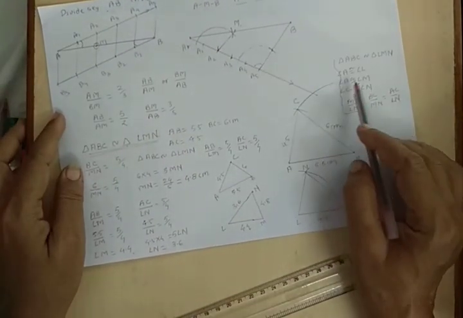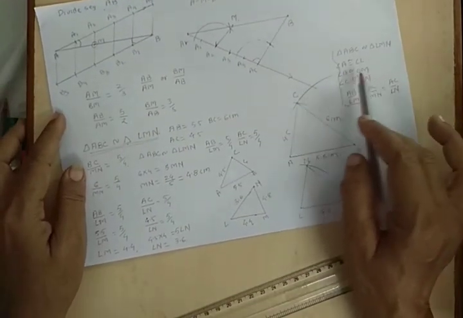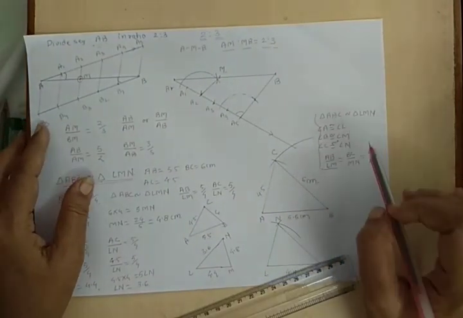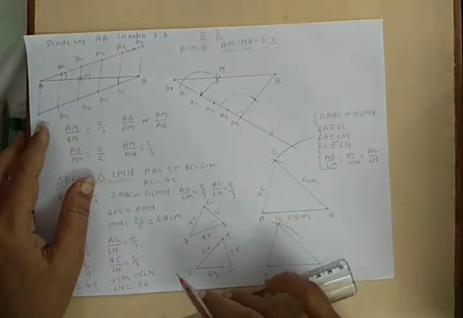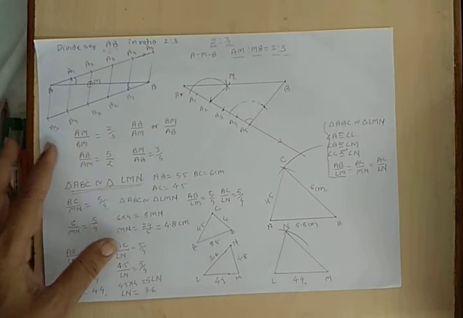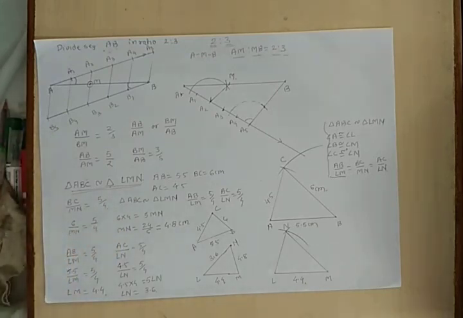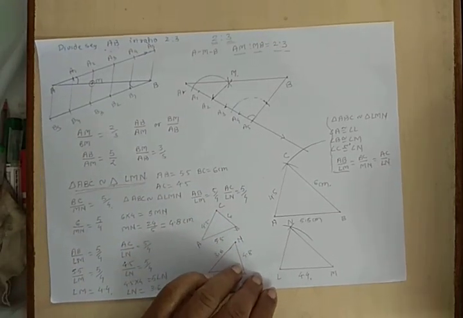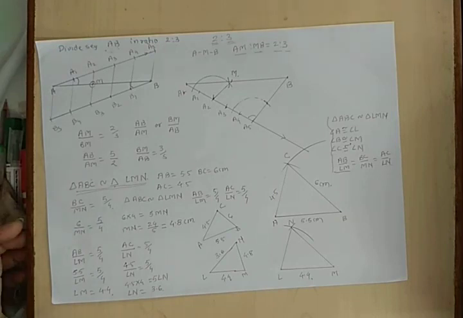If angle is given, then we do not take ratio. For similar triangles, angles are always congruent, but sides are in ratio. So, if side of one triangle is given, we can find the side of another triangle. But if angle of one triangle is given, we have to use the same angle for corresponding angle in similar triangles. Now try to solve question number 3 from problem set 4.1. Thank you.